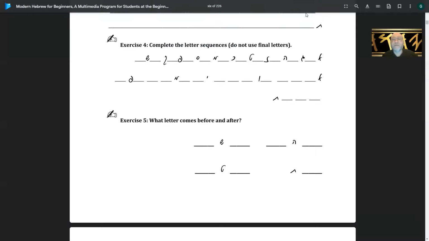Okay. So, Aleph. Bet. Gimel. Dalet. Hey. Vav. Zayin. Remember that Zayin? It was kind of like this. Looks like a snake almost. Let's see. Aleph, Bet, Gimel, Dalet, Hey, Vav, Zayin,